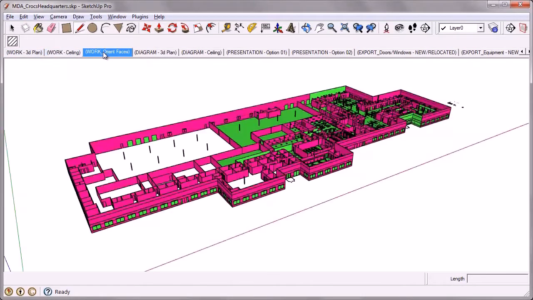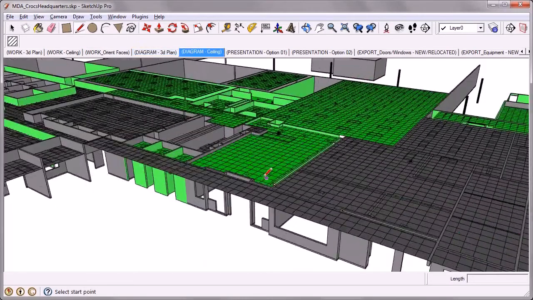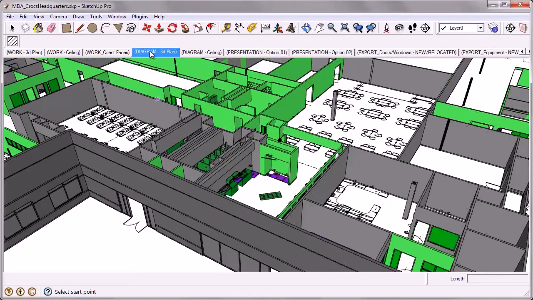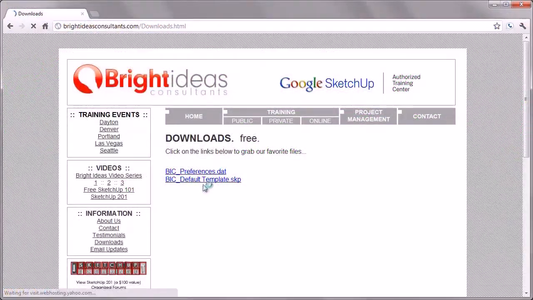Utility scenes display your SketchUp model in several useful views. For instance, diagram mode allows you to see the overall scope of a project from one view. You can see everything new in green and everything existing in gray. Download our default template, which includes these useful utility scenes, in the Downloads section at